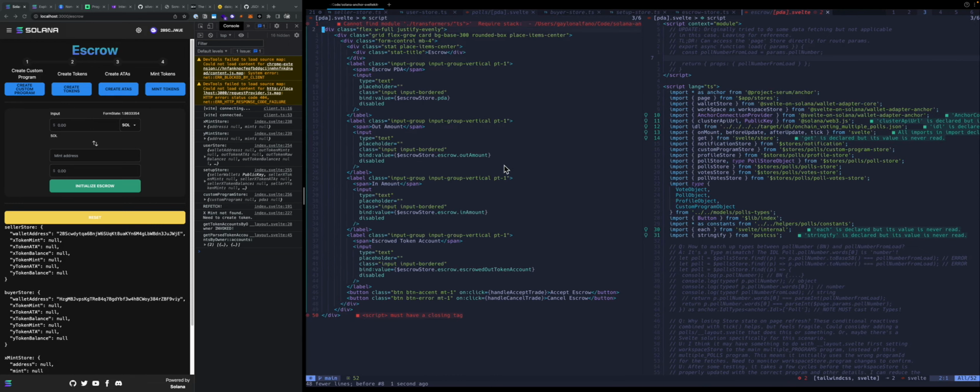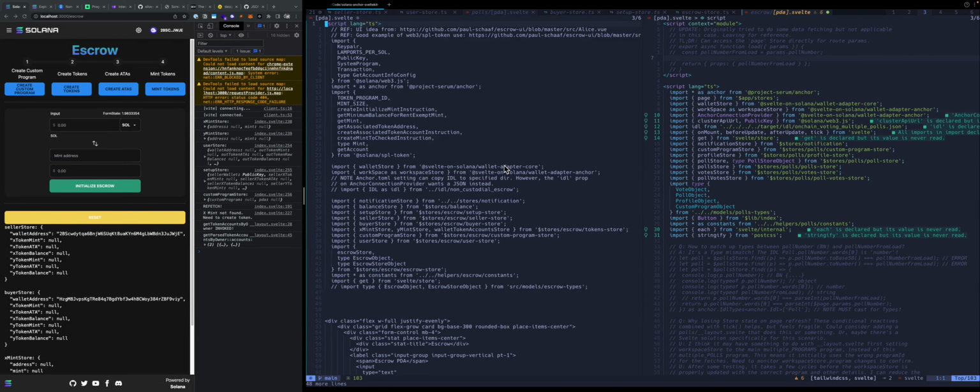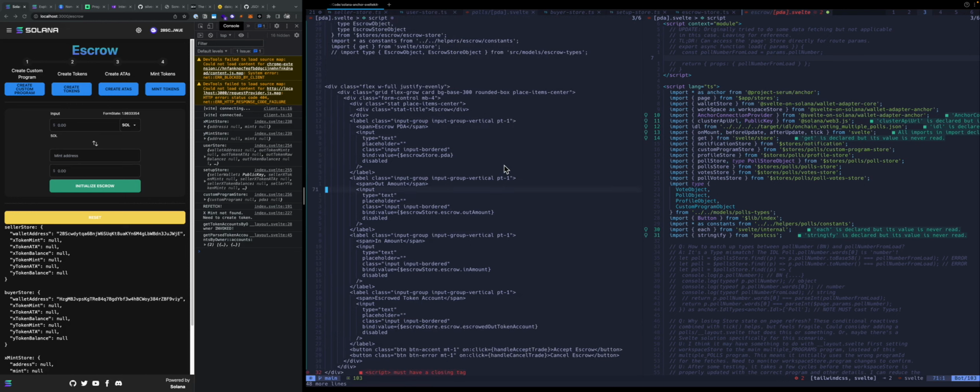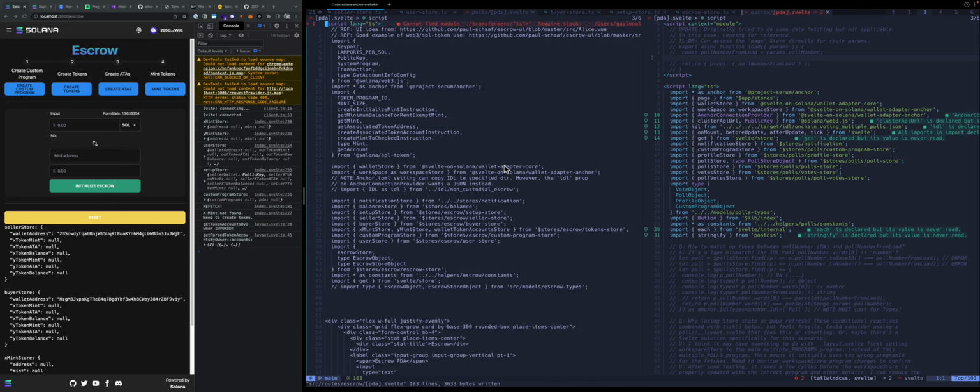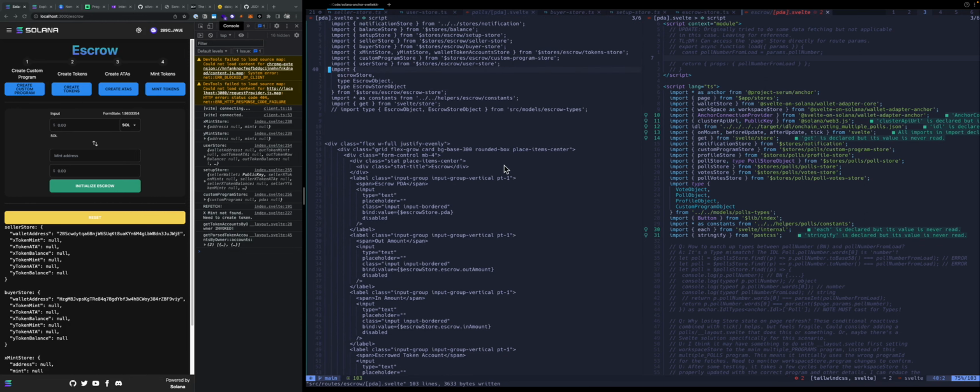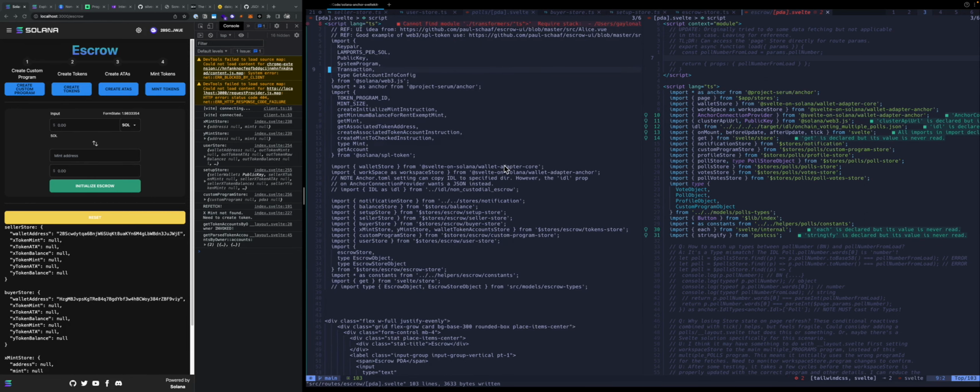Probably not all of them, but my formatting. The language server for Svelte, I've discovered, can be a little